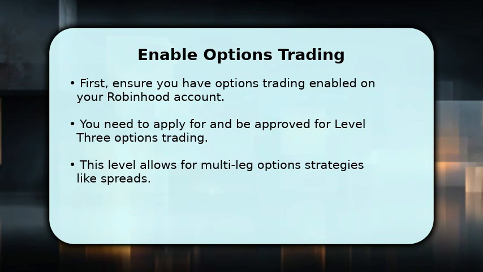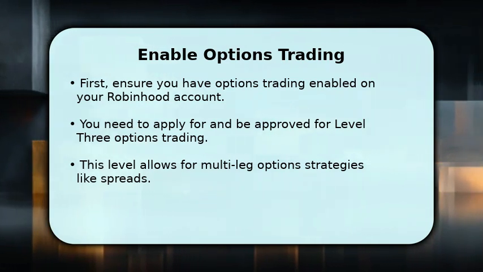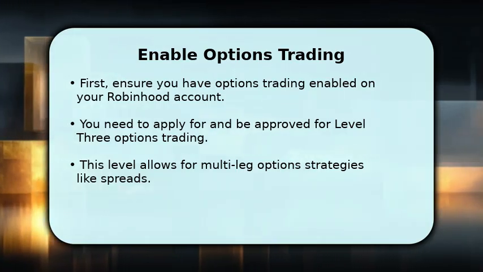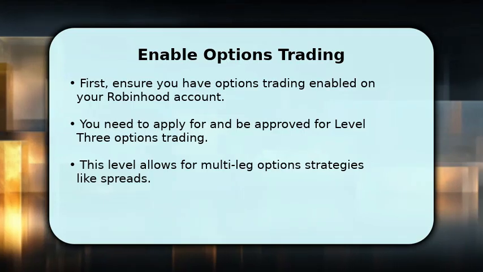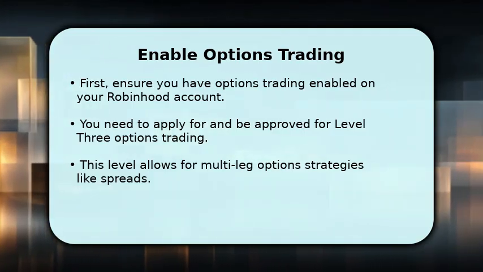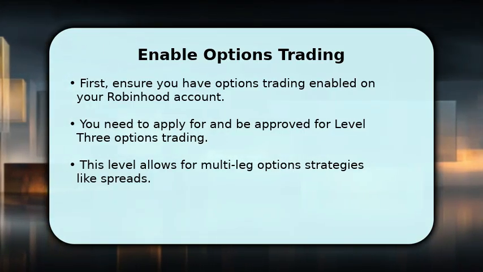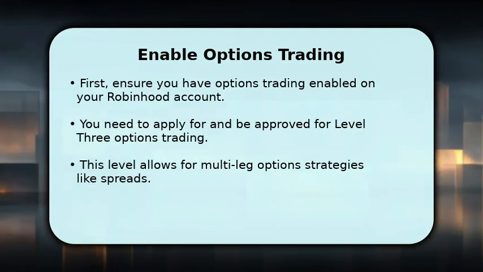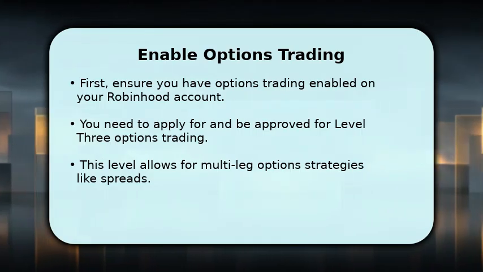Before you can trade spreads, you must enable options trading on your Robinhood account. This involves a quick application process within the app. Crucially, you will need to be approved for Level 3 options trading. This specific approval level is necessary because it permits the execution of multi-leg strategies, such as the various types of